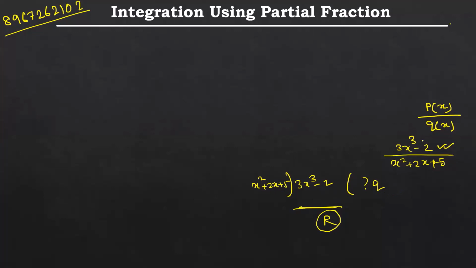Suppose this is P of X. So you can write P of X is equal to some phi of X into Q of X plus some R1 of X function. This R1 of X is of degree less than Q of X. In this way, you can separate a proper fraction from an improper fraction. So after all of this separation, if you have a proper fraction, then one principle tells you